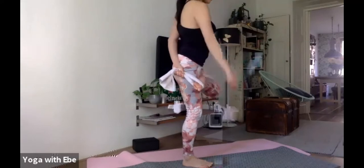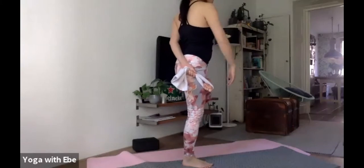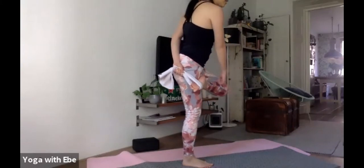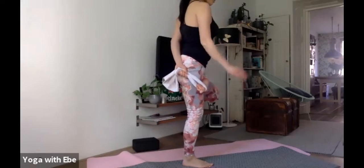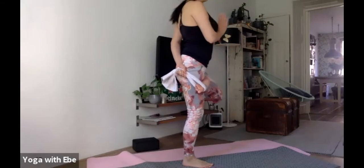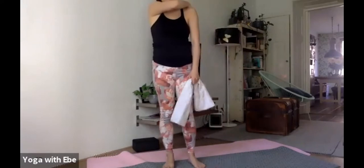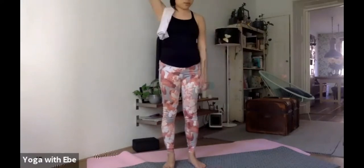The reason why we do it is because this is going to help us to open up the left side of the chest, also helping the left knee to point down towards the mat. Then hands in front. So Jane can give it a try to see if it's more stable. I don't know. So when you're ready, strap onto the right shoulder,